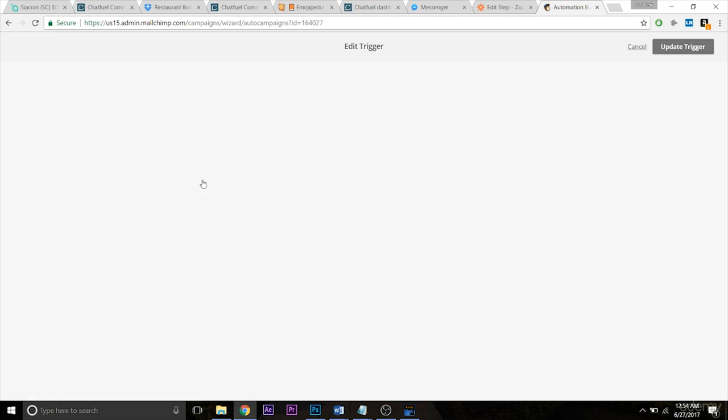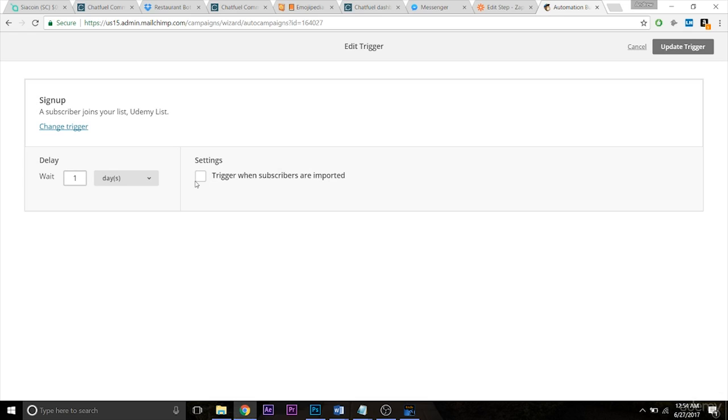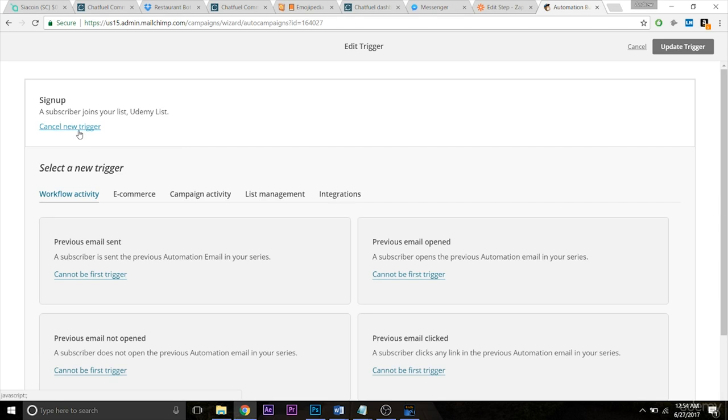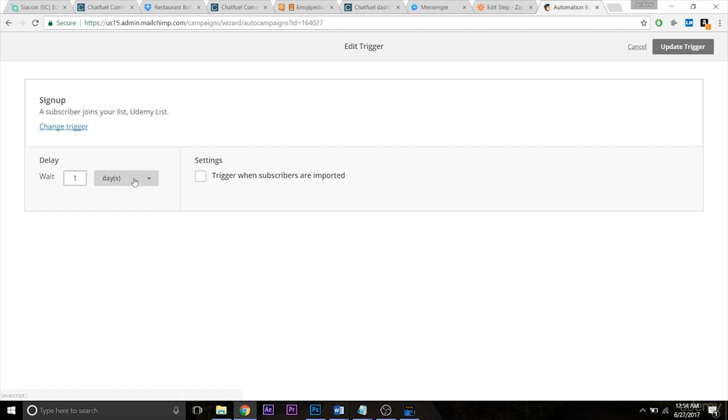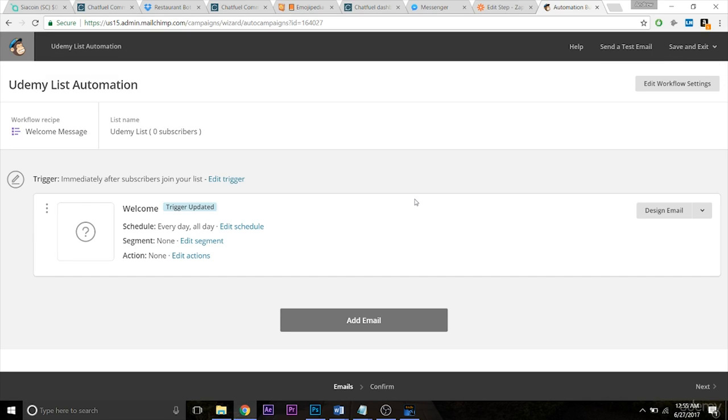Then click edit trigger, and technically this can depend on your preferences, but I choose to immediately trigger this action as soon as somebody subscribes. So change trigger, or actually cancel trigger, and then for delay, change it from wait 1 day to immediately, update trigger, and all of this other information is fine. Let's hit next,